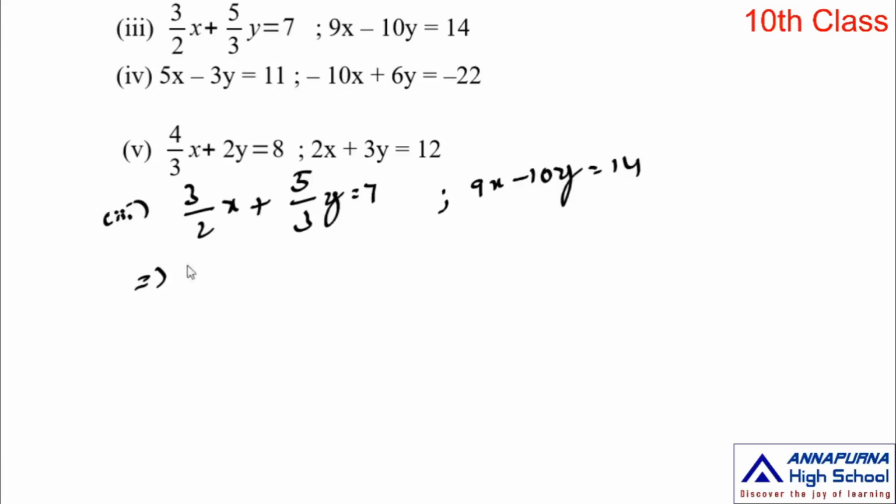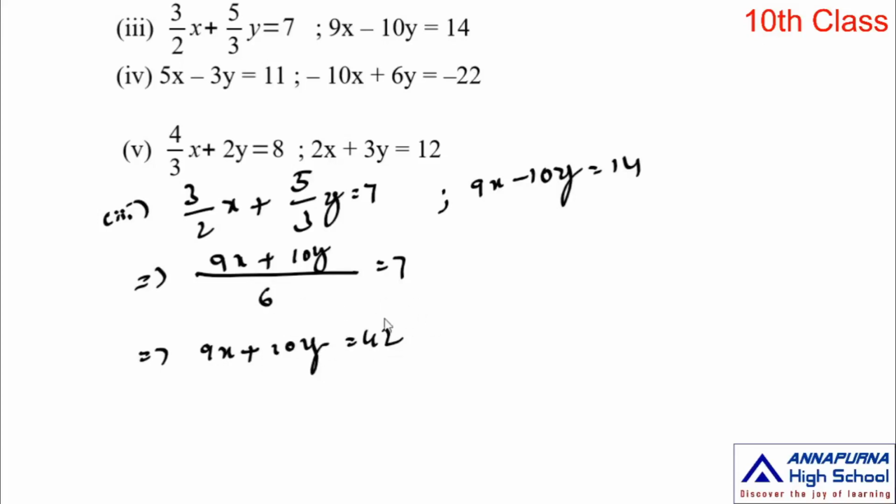It is very simple. Find the LCM of the denominators. Here the LCM is 6 and the numerator is 3, so 9x plus 10y is equal to 7 by 6. Now transpose this 6 to the right side. That implies 9x plus 10y is equal to 6 times 7, which is 42. Now in the first equation all coefficients are changed to integers. It is better for comparison of ratios or simplification or finding the solution of this equation.